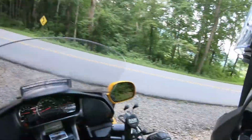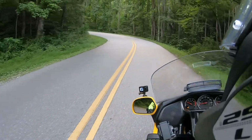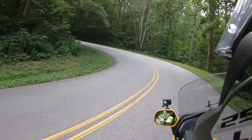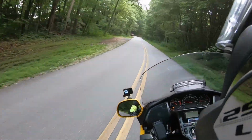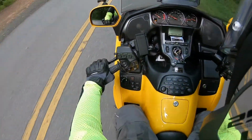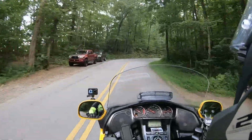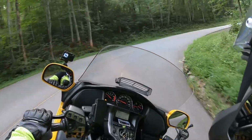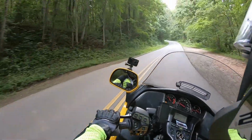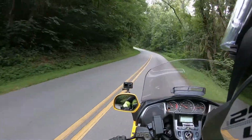Hey guys, welcome back to Motoramblings. I'm Patrick, and today I am riding Big Yellow, my 2010 Honda Goldwing. That is all sorts of yellow. I am partway through my commute home from work. I just got off the Blue Ridge Parkway, and I'm going to get on Ox Creek Road and head down into Weaverville, North Carolina,